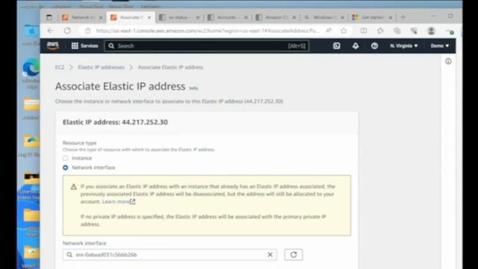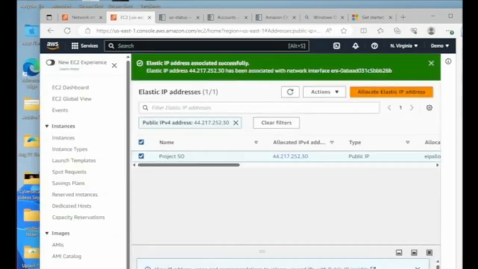Choose a private IP address. Allow this IP address to be reassociated. And so now we are going to associate it. All right, there we have that. Now that this IP address has been associated with this network interface, not the instance,